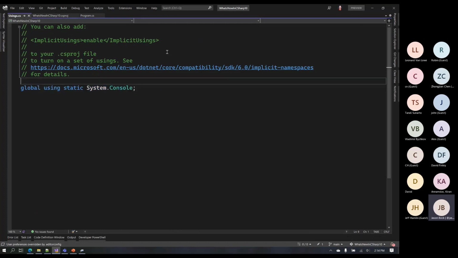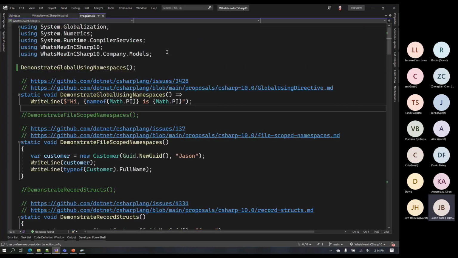So you would say global using and then the namespace. In this case, I'm adding on another feature that's been in C# for a while, which is to statically use a type. In other words, when I say using static System.Console, then I don't need to actually say Console.WriteLine. But now that I can put global in front of it, that's why here you just see WriteLine.